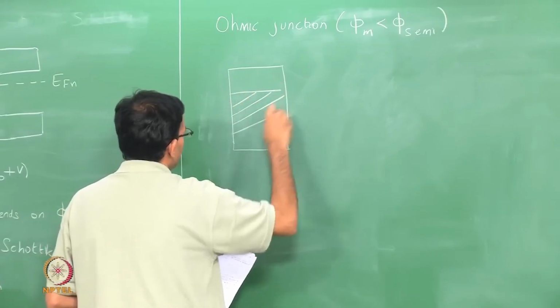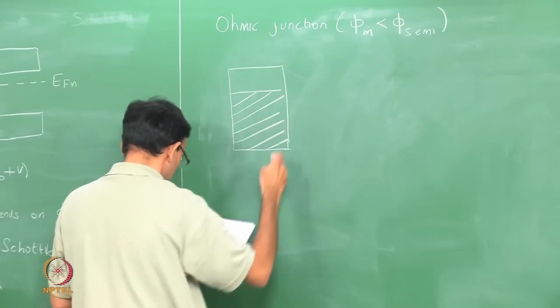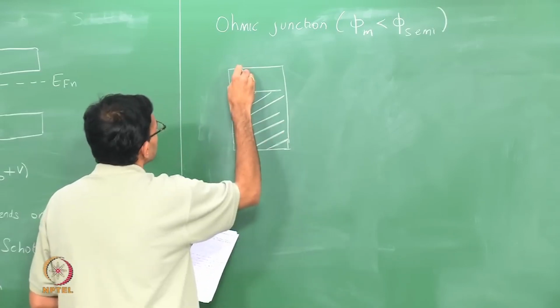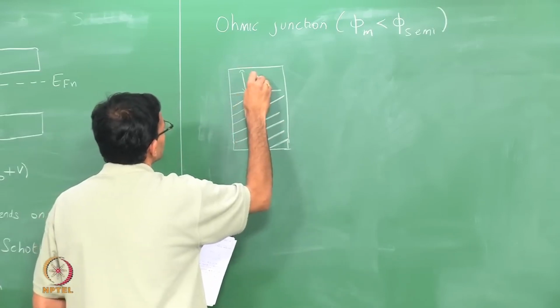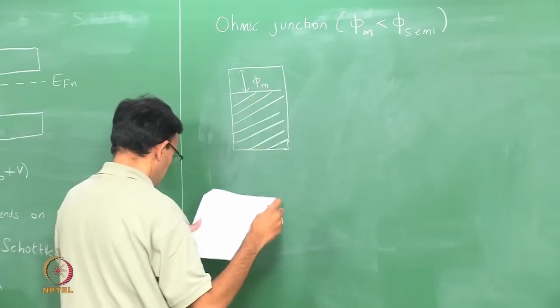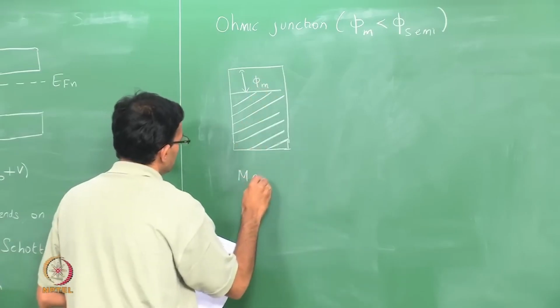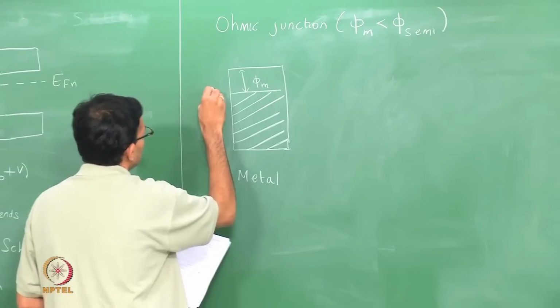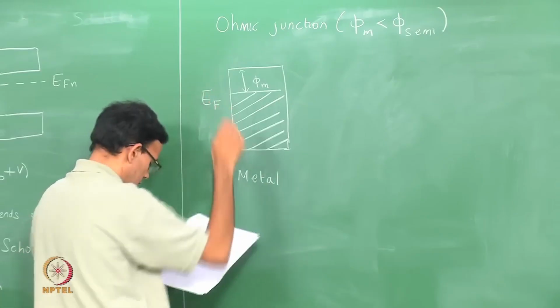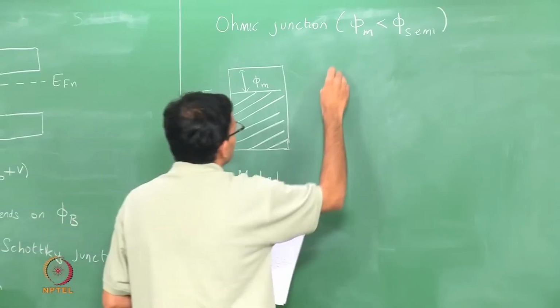So this is the metal side, this is phi m, EF. This is the semiconductor side,